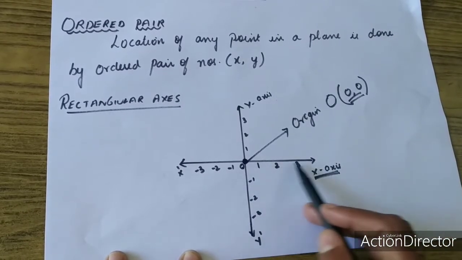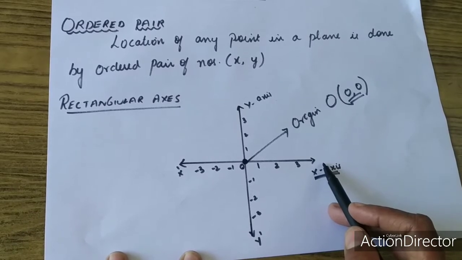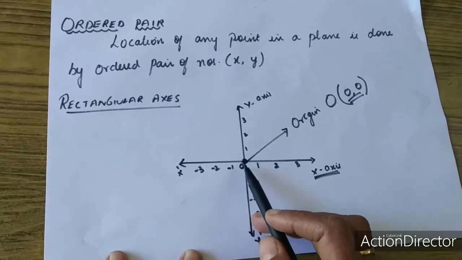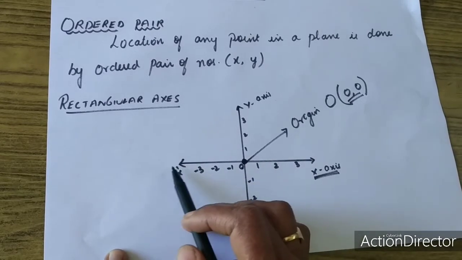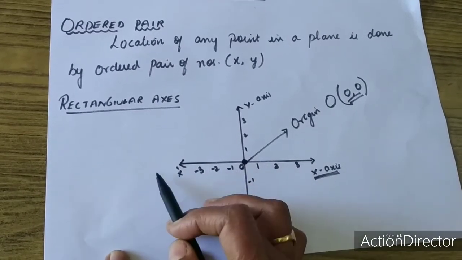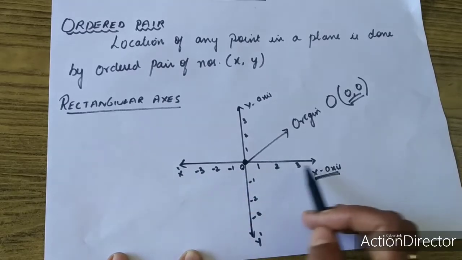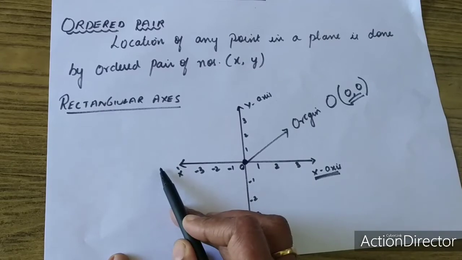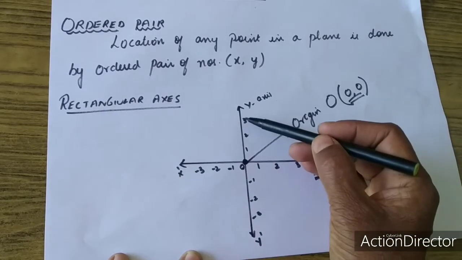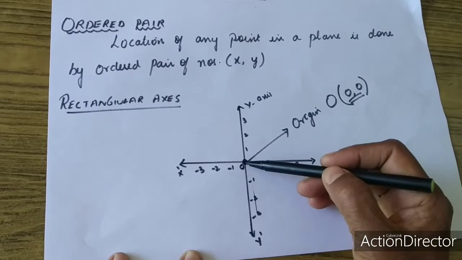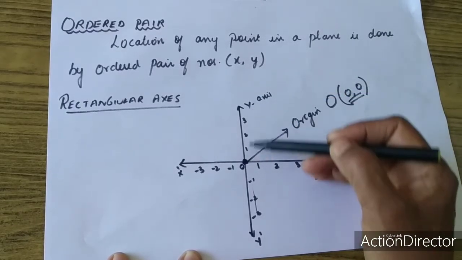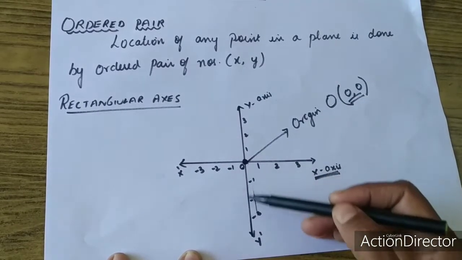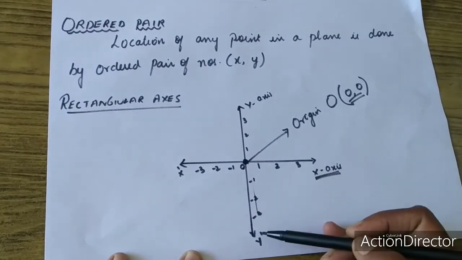So far you have learnt only the positive side of the x-axis while plotting points or drawing a bar graph. Now, for drawing the line graph, you will also need the negative side of the x-axis, which you have learnt in integers. This is the positive side of the x-axis and this is the negative side of the x-axis. Similarly, on the vertical line, above the origin is the positive side of the y-axis and below it is the negative side of the y-axis.